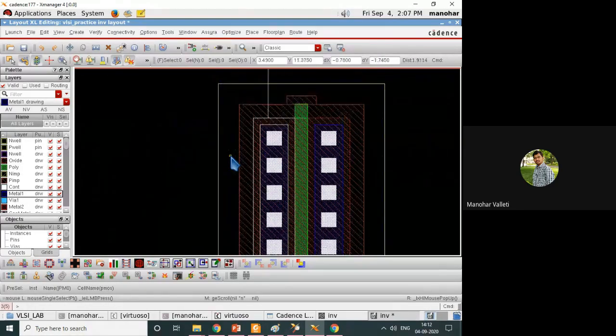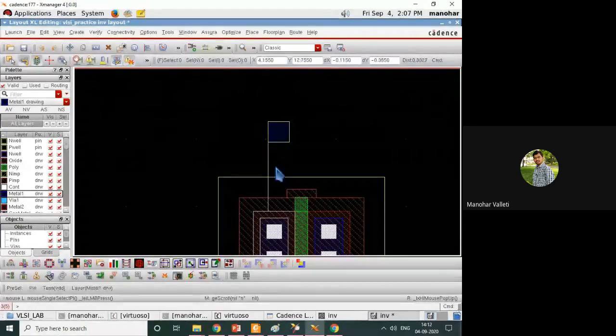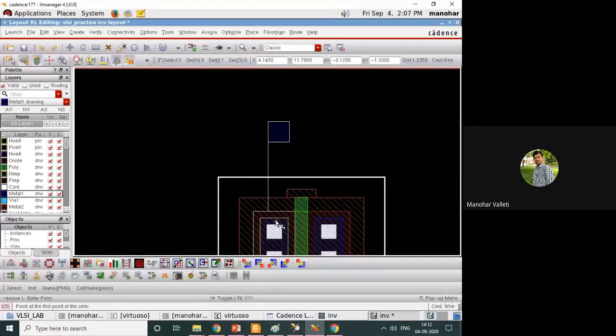So we'll see VDD now. Again, VDD has to be connected to the source of your PMOS. So I put a cursor here, pressing P from the keyboard. Like this yellow will come, which means metal is attached to that. Now if you extend, metal will come like this. So all the way overlap, all the way overlap.